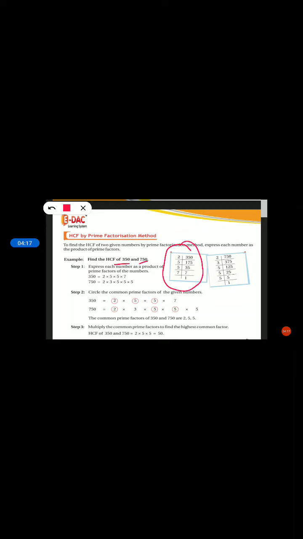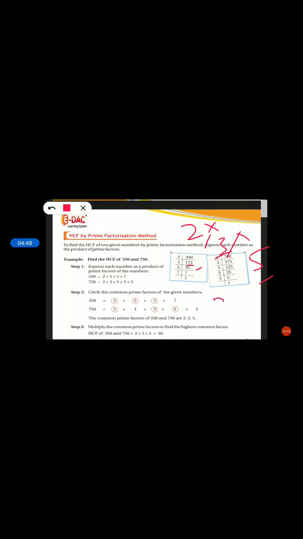Okay, 350, see here 350, check with the smallest prime number. 350 will go in 2 table, it will go because here we have 0. How many times? 175. Again 175 will not go in 2 table. So check in the next table. Then check in the 3 table, it will not go. Then check in the 5 table. Yes, 3, 5 are all odd numbers, so that is the prime number. It goes in 5 table, so 35 times.